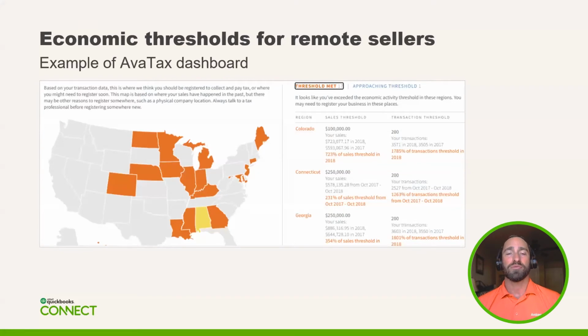Now, one of the questions we get a lot is, well, how am I going to know when I need to get registered in additional states? And it's a great question. If you're not using Avalara or using a third party to handle sales tax compliance for your business, this is where we are going to be a huge value add. So when you're using Avatax, our calculation engine, we will actually be monitoring and alerting you if you've hit a threshold. So for example, Georgia, you can see here, it has gone over 354% of the threshold, so that state would be highlighted in a darker orange.